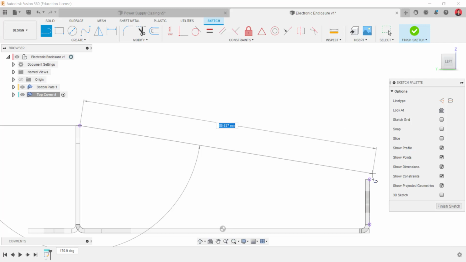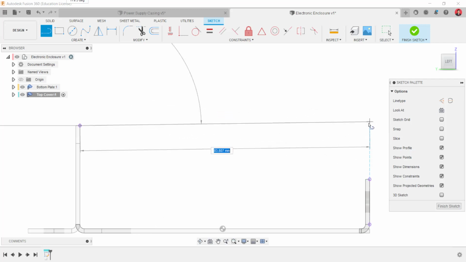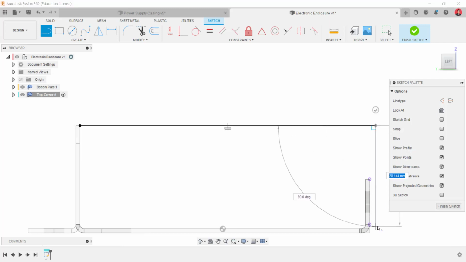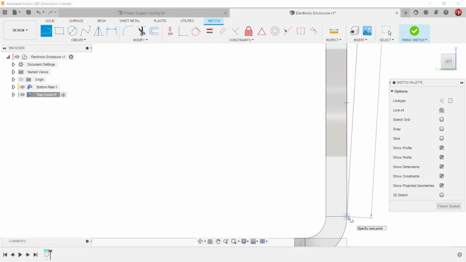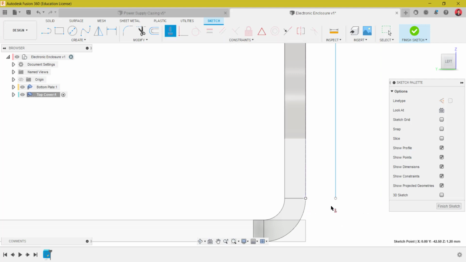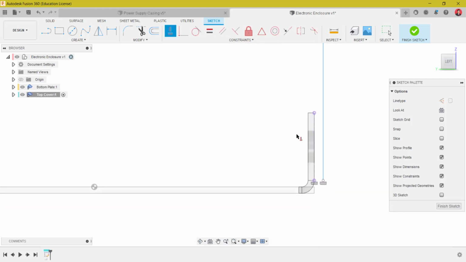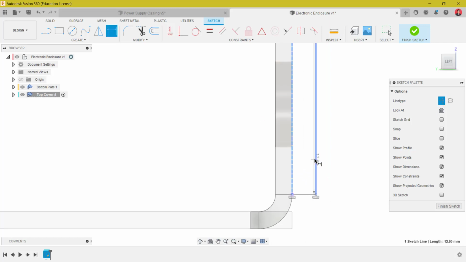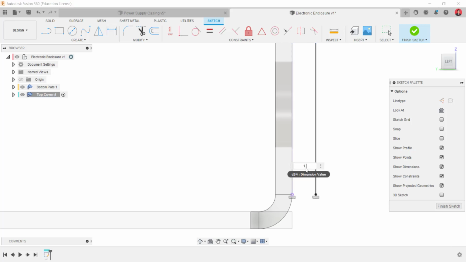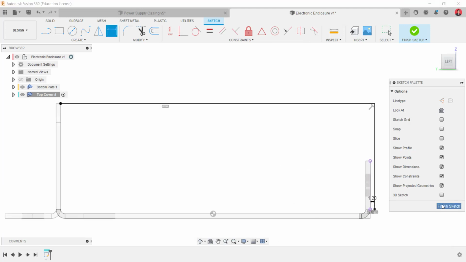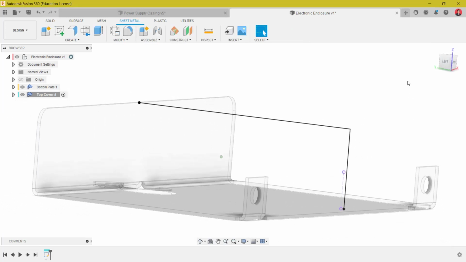Okay, and now we are going to use the line command to create the base shape of the top cover, and then I will use that dot as a reference from the bottom cover. And since this one is a plate, it has a thickness, so I will use 1.2 as the same thickness as my sheet metal rule. Then finish the sketch